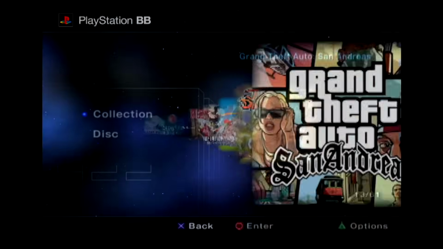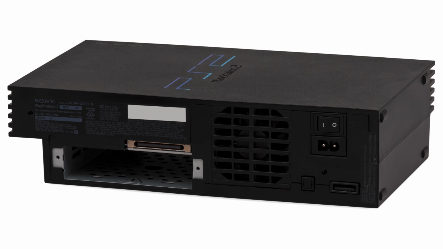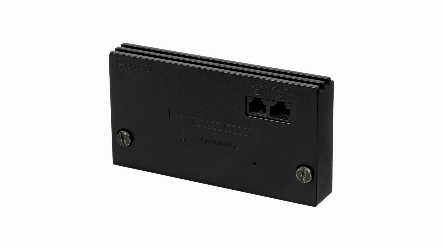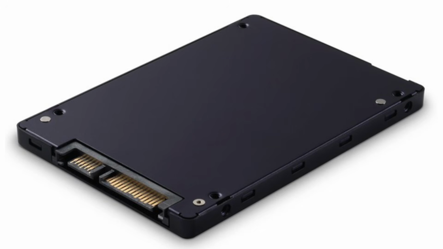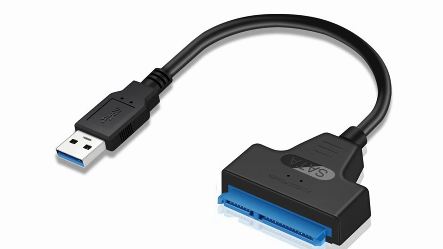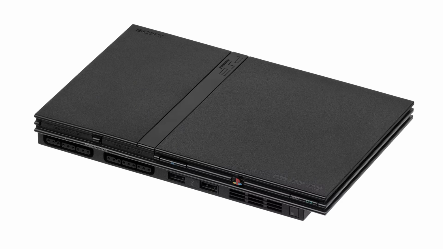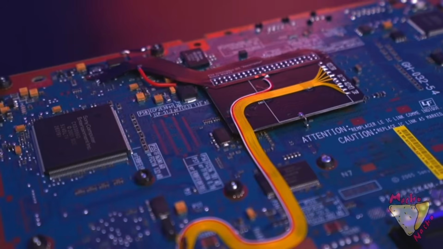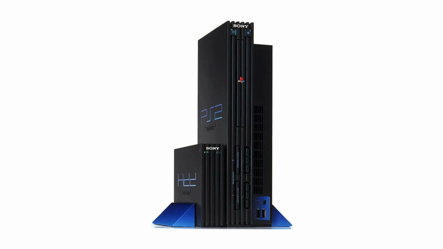To install PSBBN, you will need the following: a fat PlayStation 2 console with expansion bay. You'll also need an official Sony network adapter with a SATA mod, a SSD or HDD 200GB or larger. I would highly recommend an SSD for improved performance. You'll also need a way to connect your chosen drive to your PC. While technically possible to get PSBBN running on certain slim model PS2 consoles with a hardware mod and PS2s with an external HDD, for simplicity we'll be sticking to the expansion bay type for this tutorial.